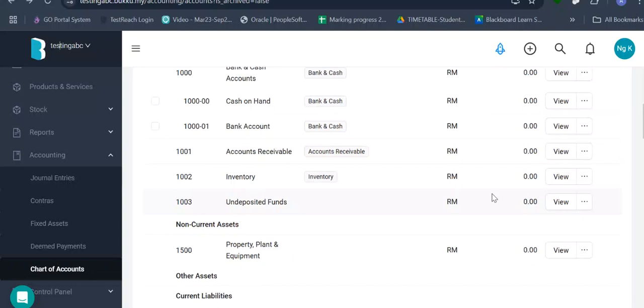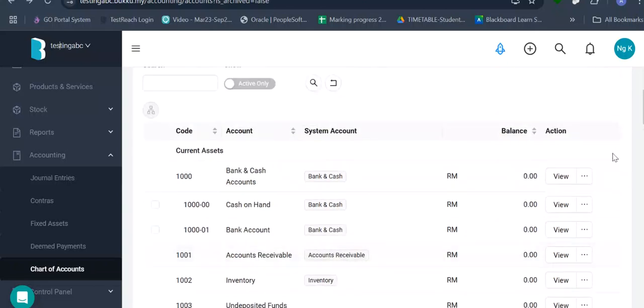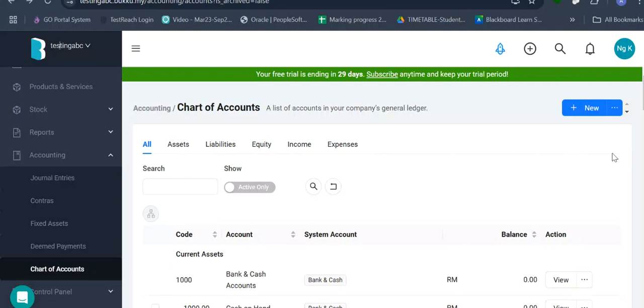Or the second reason, it's not a new company. They already have some history, but they used a different accounting software last time. Now they would like to use Buku for the first time. So then you can come to here. You click this triple dot. Can you see? Import accounts. We talk about it later. And opening balance. Okay, we click opening balance first.